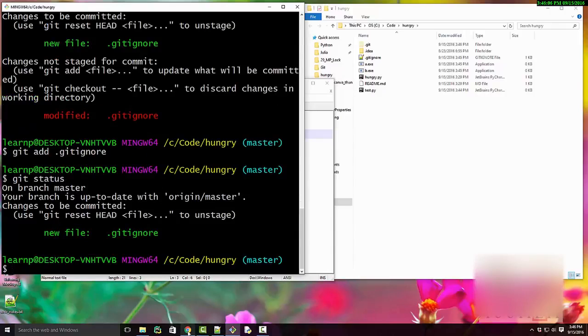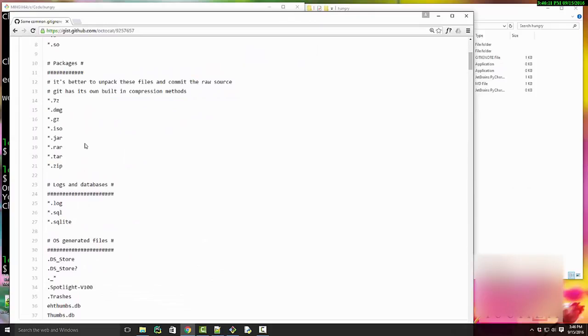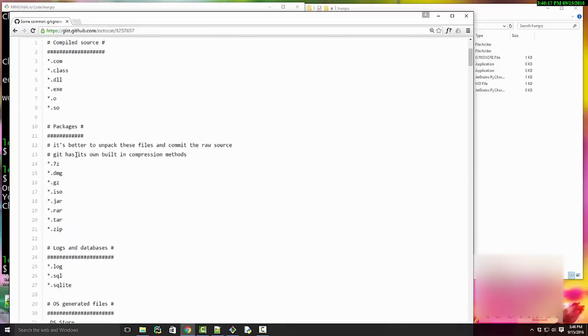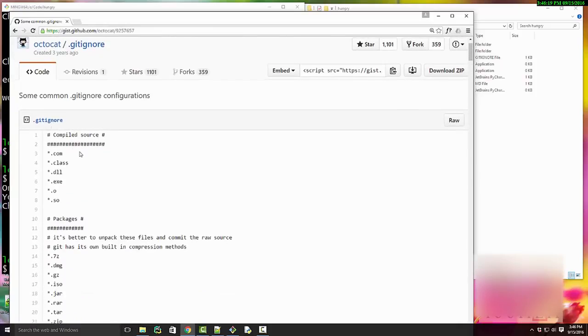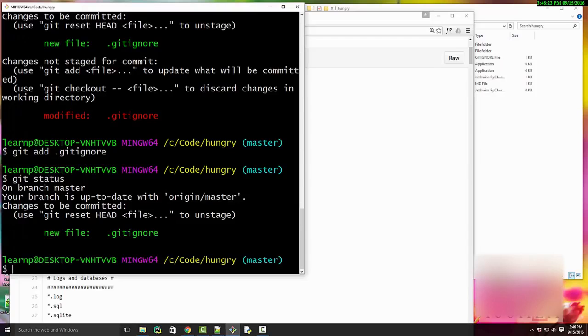Alright, your .gitignore file can look pretty extensive. It can have all these files. I picked up this example from Google, and you can see here there are so many files listed. It's a sample .gitignore file. You can also add a comment using a hash sign. Okay, so that was a short